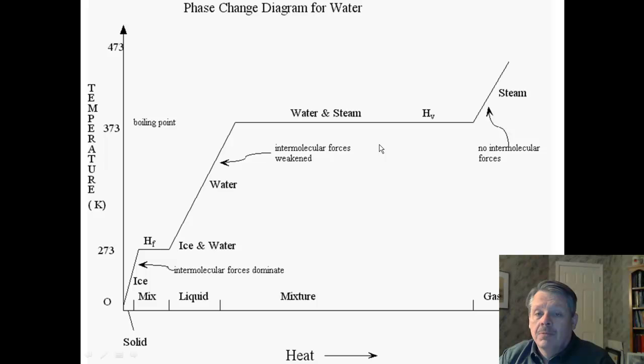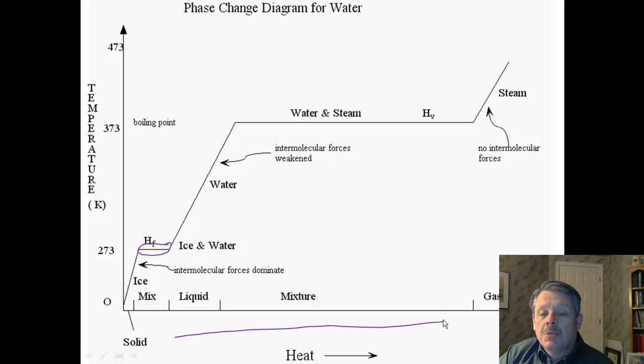All right, so let's graph this. The concept is when you have something that is ice and water, and what's going on here is we are adding heat to something. As we notice across the bottom, we're adding heat. All right? So what happens is if we take an ice cube and we pull it out of the freezer, it's very cold. And what's holding that thing together are the intermolecular forces between the molecules of water. You know that. Well, eventually when we get to 0 degrees Celsius, which is 273 Kelvin, the water starts